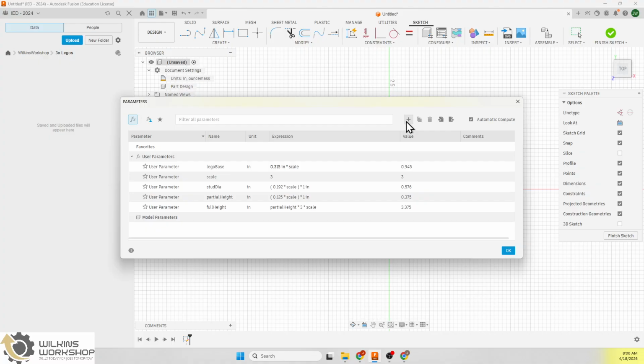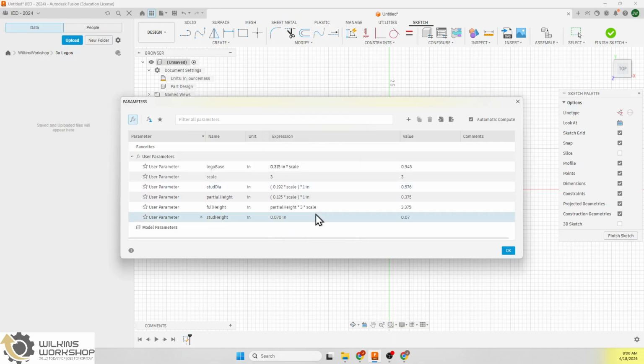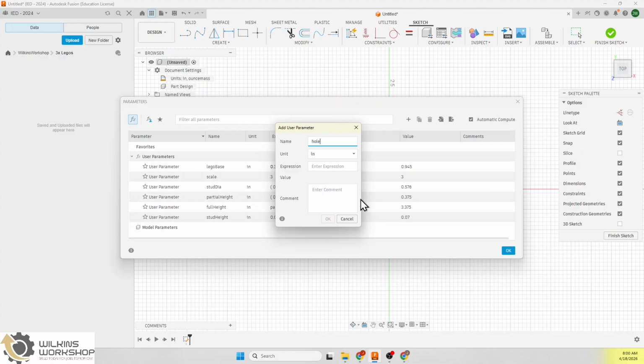Let's go with our next parameter. Let's see, we'll do stud height. Now this one, we did 0.066, but I really think it's 0.070. So I'm going to use that in this video. I think it's a little bit taller than what we have been doing before. It's not a huge deal on that. We're going to call hole depth. So these are the underside when we extrude up to capture the kind of the top of the stud. That's what this is. So we're going to use 90 thousandths